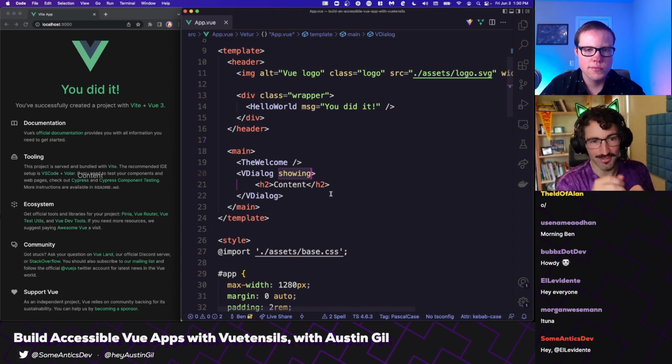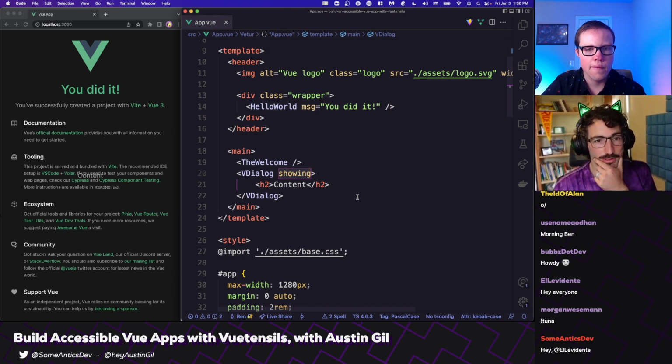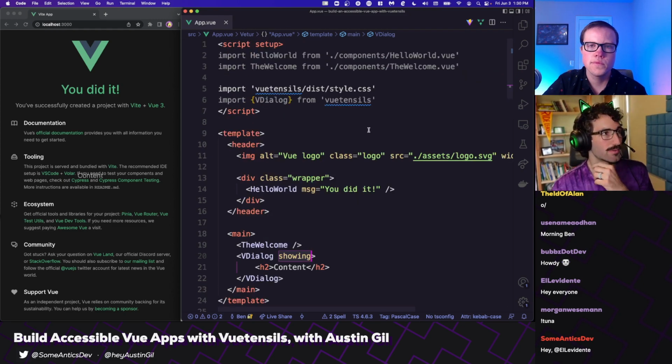The reason why I couldn't remember what the prop name is is because you probably never want it to just constantly be showing. So there's two ways to interface with the dialogue. There's this approach that Vue uses around reactivity, where I guess we can start with that, right? Let's go up into the script section, and I think because